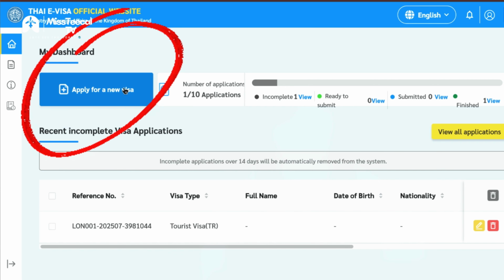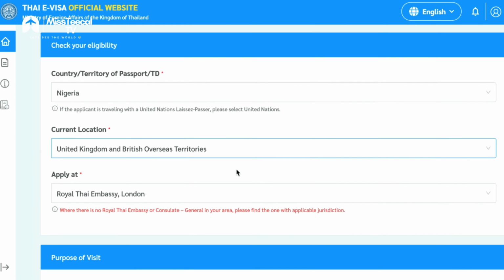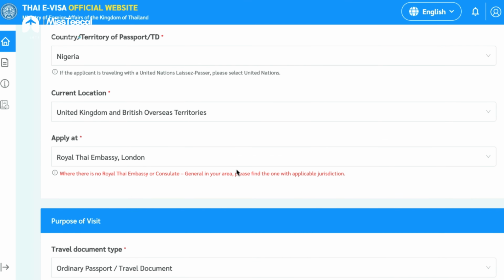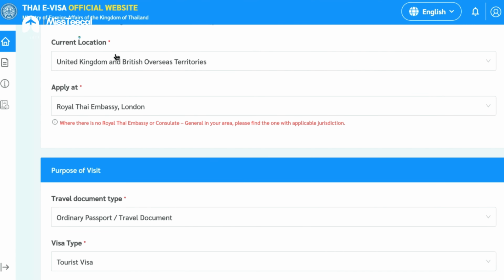On this sign-in page, you need to click on apply for a new visa. When you click on it, they're trying to see if you're eligible to apply for a new visa. Because I am Nigerian, I'll be telling them that I have a Nigerian passport, and that I live in the UK. Once I've done this, it asks me to show them